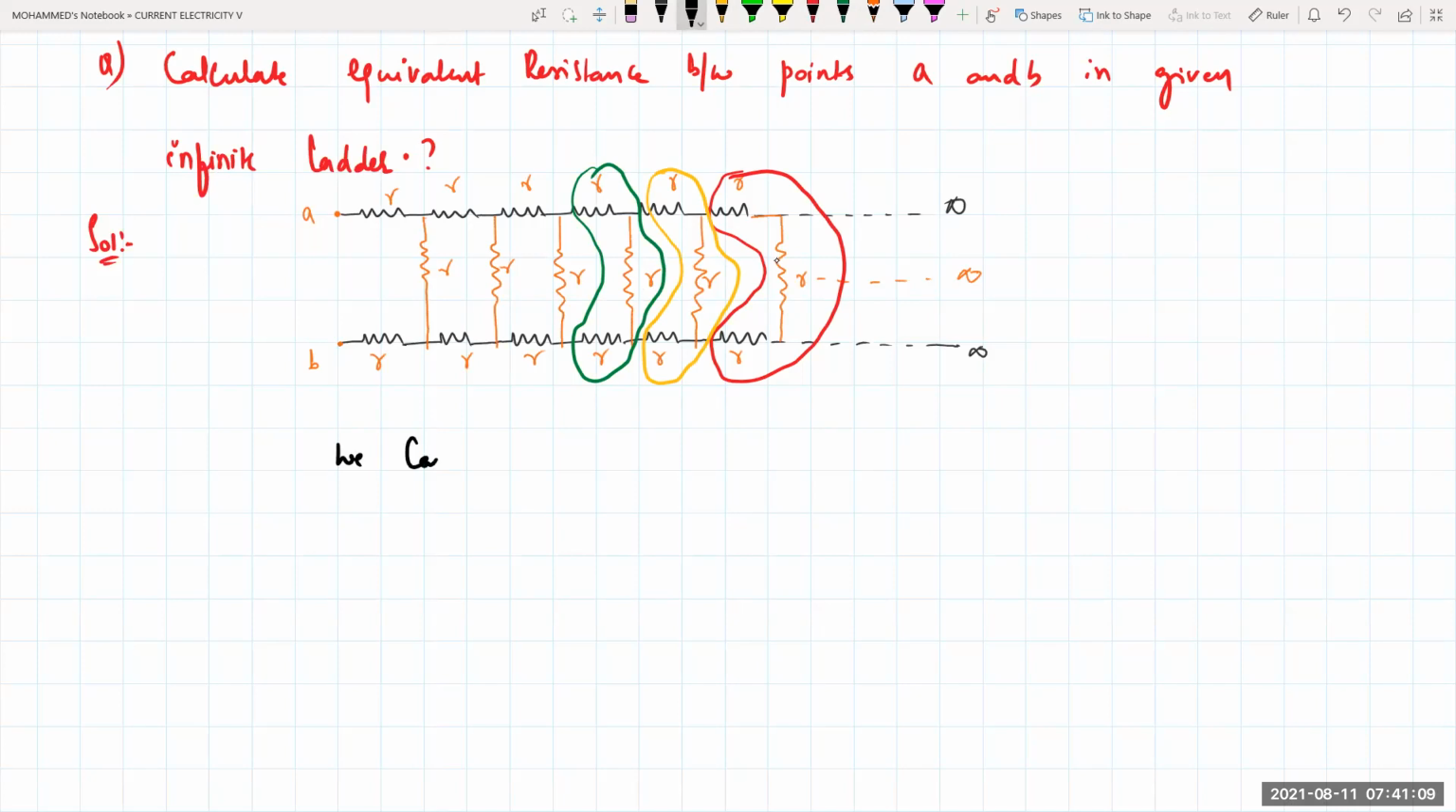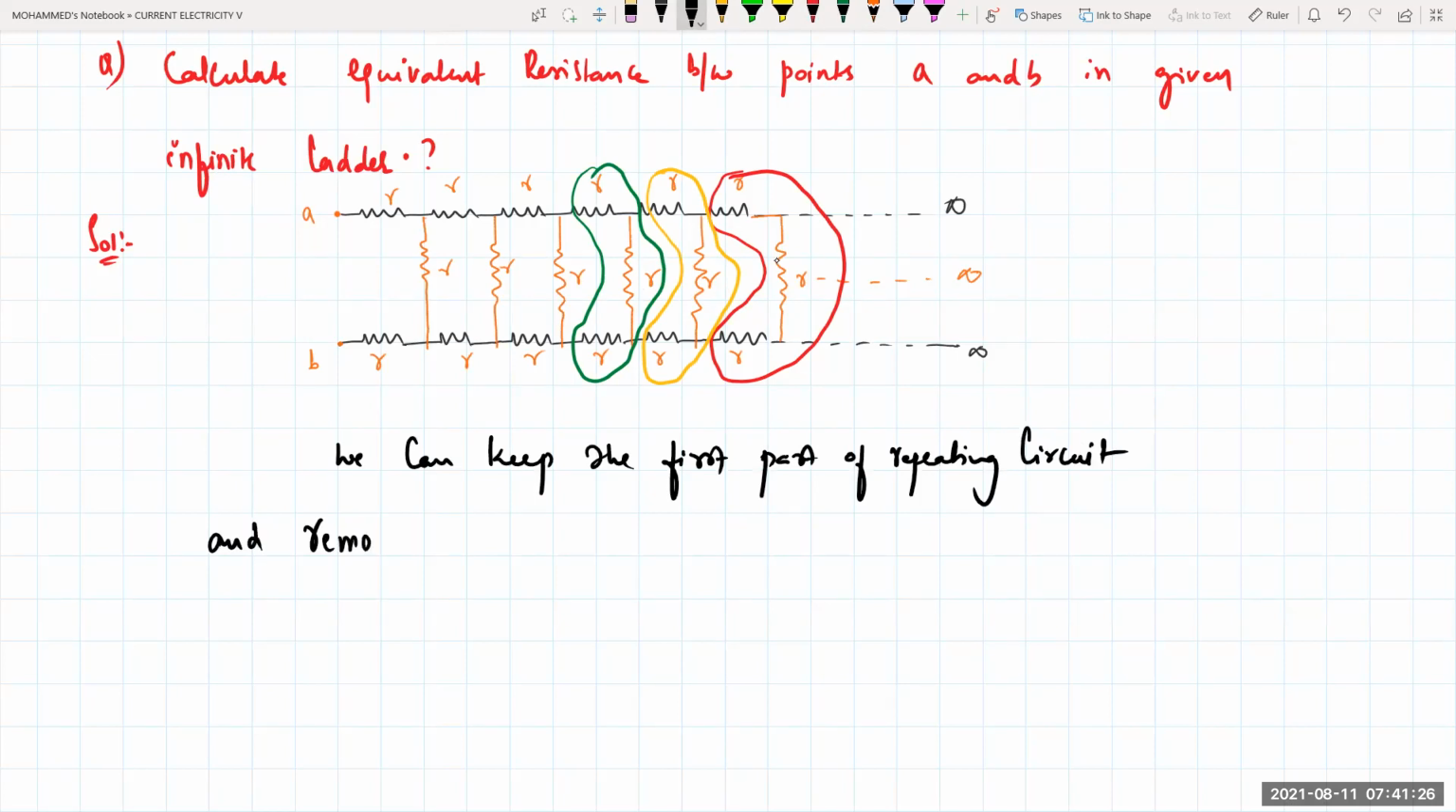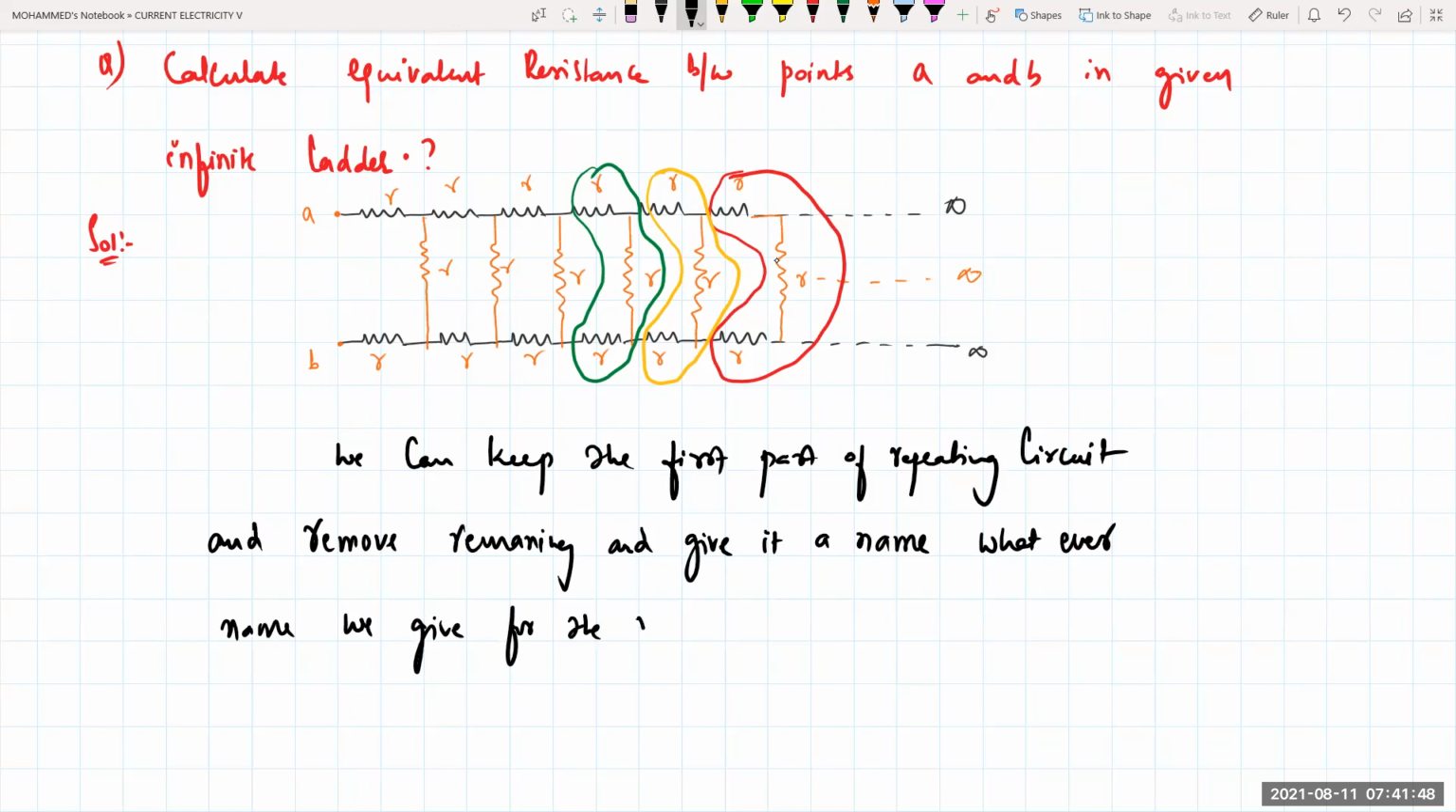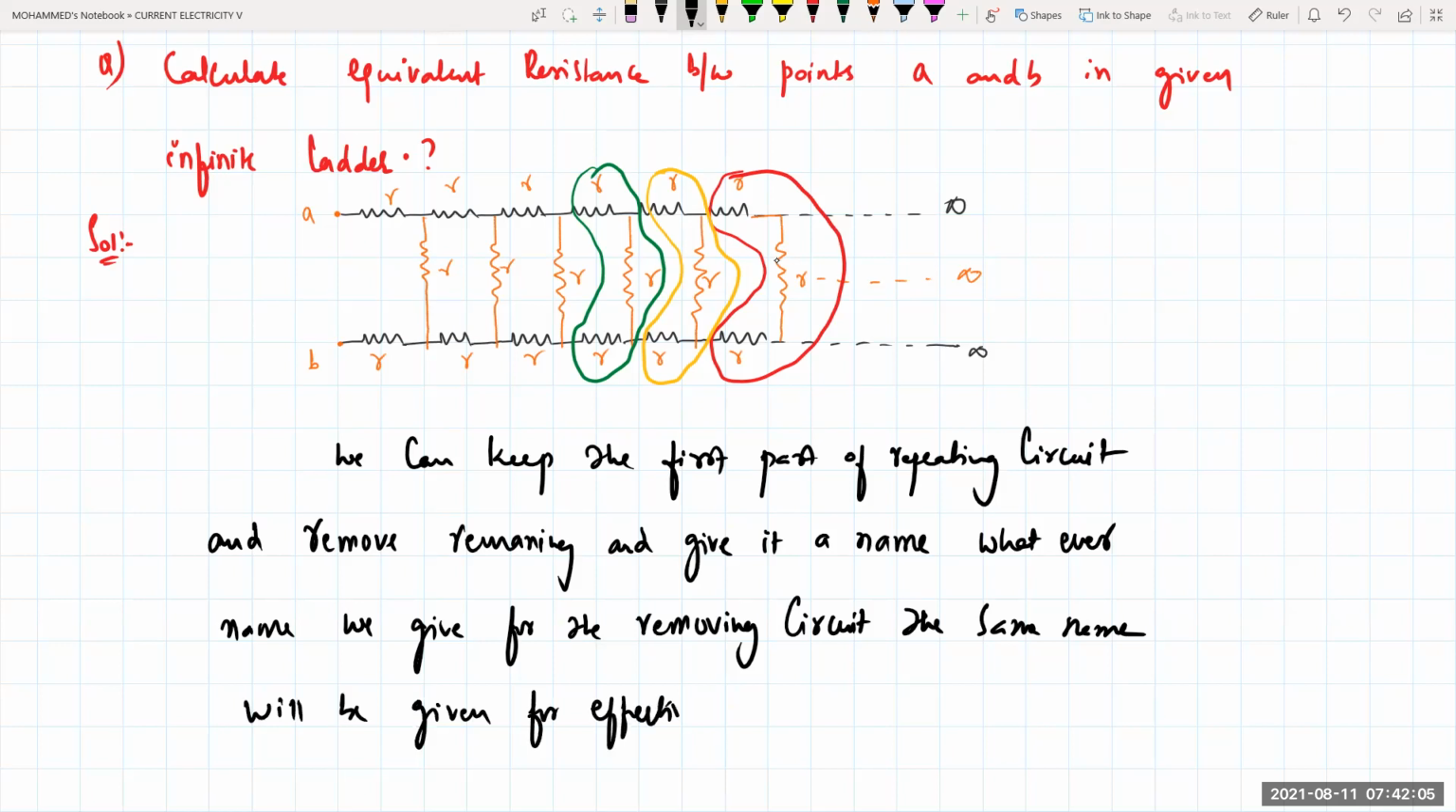So we can keep the first part of the repeating circuit and remove the remaining, and give it a name. Whatever name we give for the removed circuit, the same name will be given for the effective resistance between points